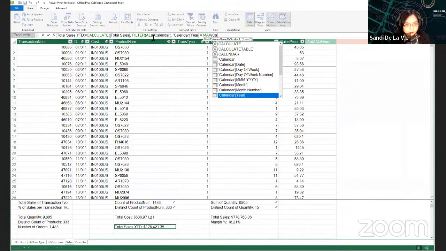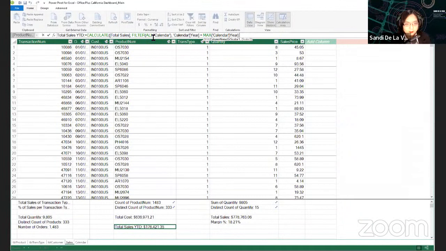So don't worry if it seems complex, but what this means is that for the sales date this year, it should match and not calculate for 2021. The 2020 data should not carry over to 2021. So that's what it means. Use double ampersand if you want to have AND filters.